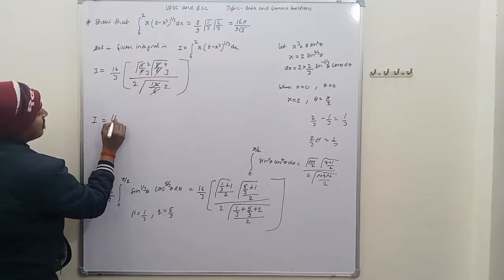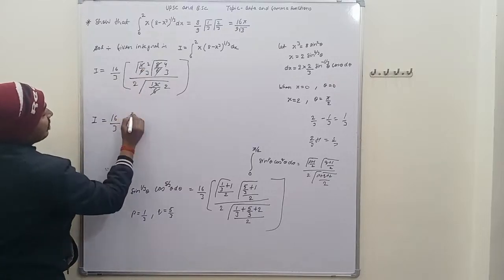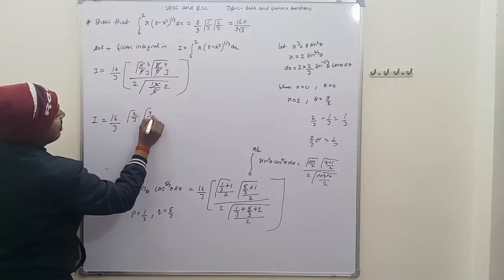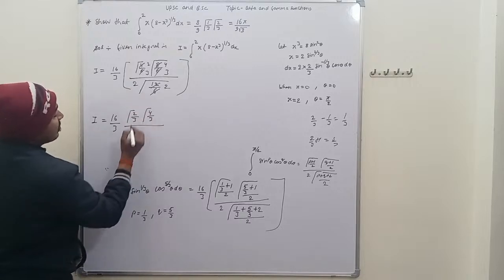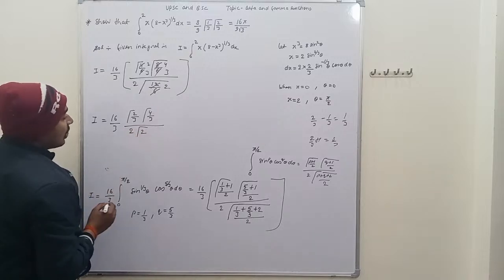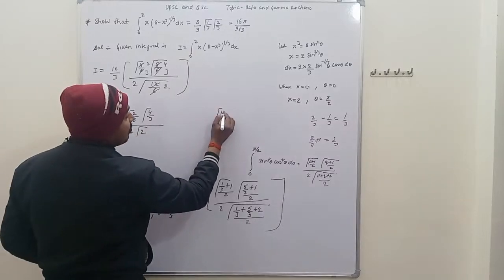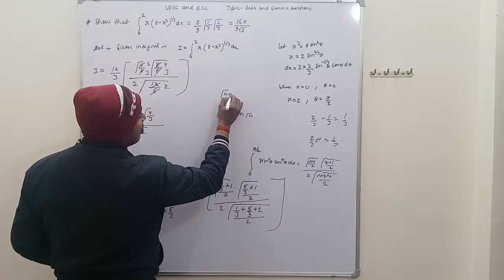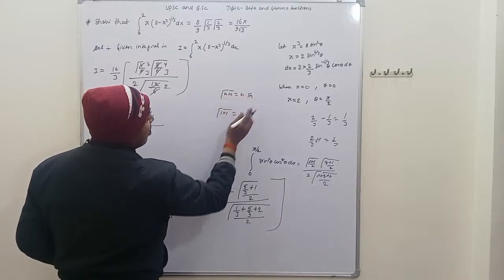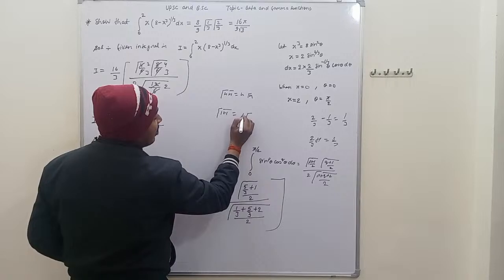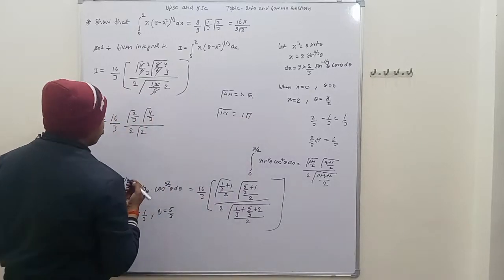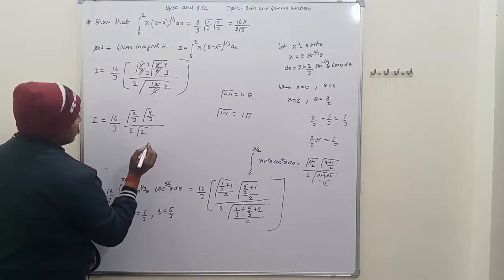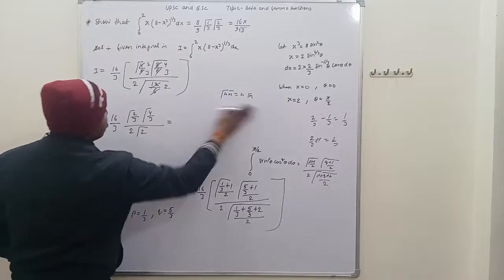and we can also write this integral I is equal to 16 upon 3, and here is gamma of 2 by 3 and gamma of 4 by 3, and from here this is 2 gamma 2, and gamma 2 is written as gamma 1 plus 1, this is given by n gamma n, using the formula gamma n plus 1 is given by n gamma n. So we have to write here 1 gamma n, so the value of gamma 2 is 1, so we have to put here in place of gamma 2 we have to write 2 1,